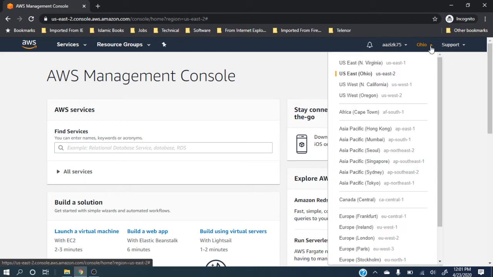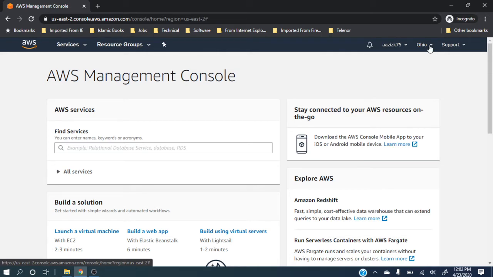So your region is sometimes changed. Last time when I logged in, it put me in North Virginia, because Amazon sees where it has more resources, and then logs you on to that place. So whatever you do will be done in this region. If you want to go to some other region, you have to open that region, and I will show you this in my future videos. So this is the main management console of Amazon.